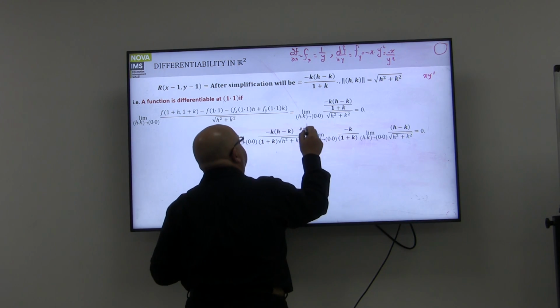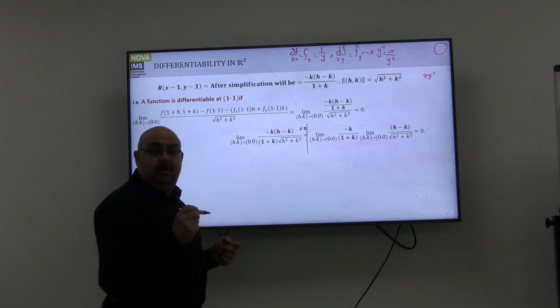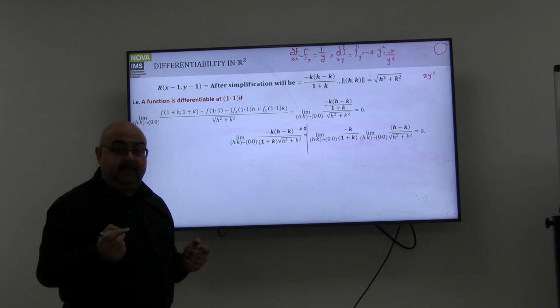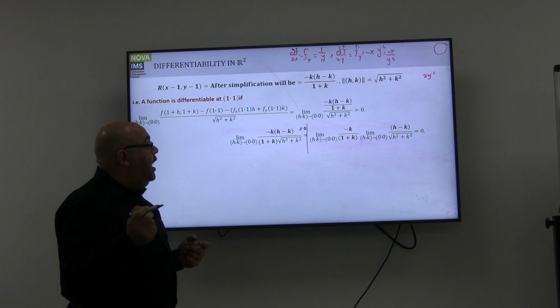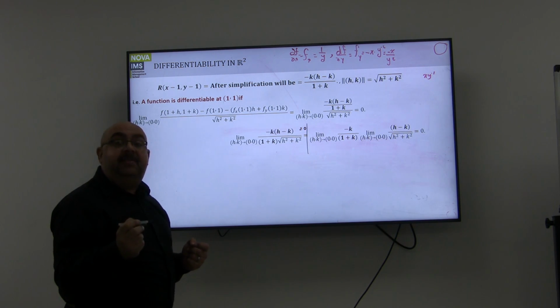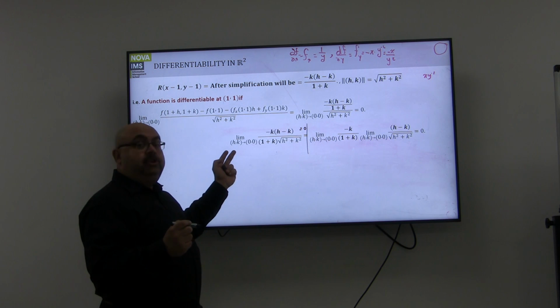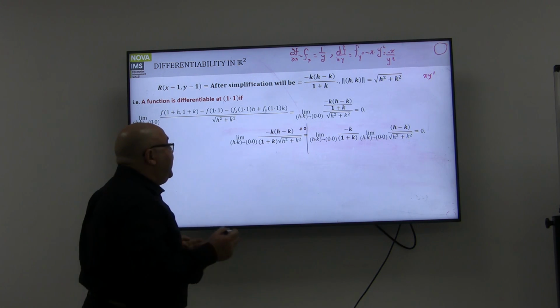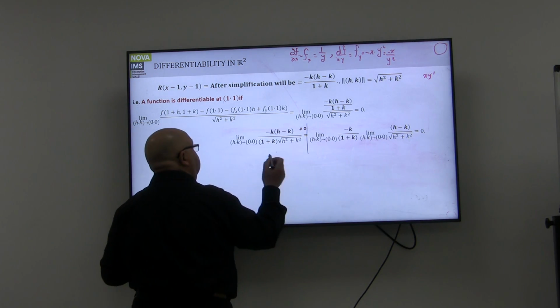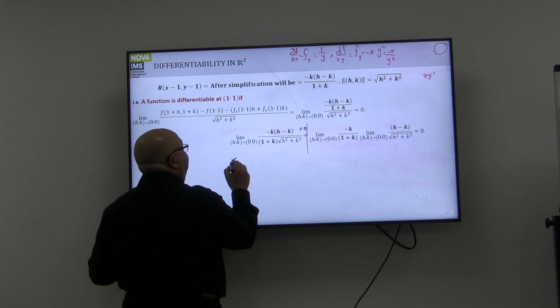I want to point out that at this stage, all I want to do is to prove that this limit exists and is equal to 0. And it's very, very simple. Let's take advantage of the consequence of the squeeze theorem, because this is a limit of a function in two dimensions. So I can separate this limit as I did, by considering k over 1 plus k